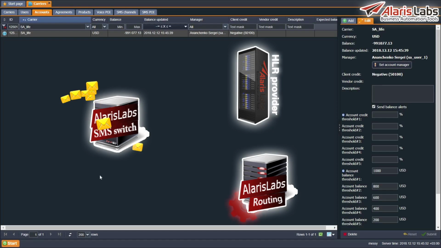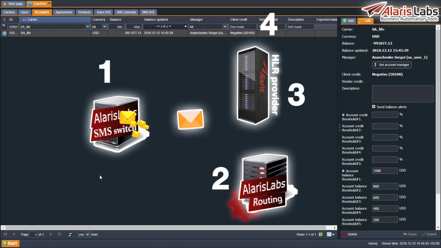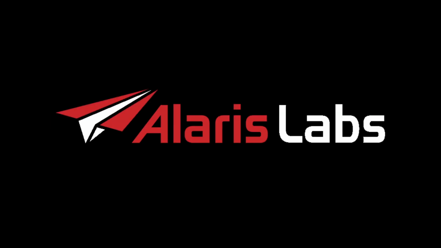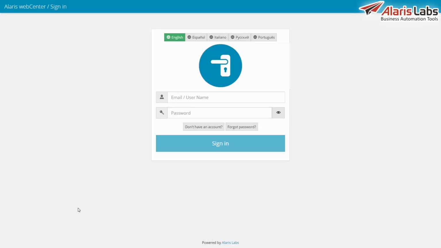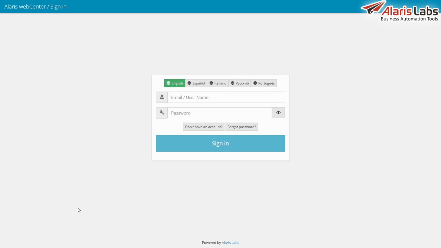Previously, the system checked the client credit limit after the routing module accessed the HLR provider and received the MCC-MNC. Now the credit limit will be checked before MCC-MNC dipping. It is now possible to hide the company logo from the Alaris webCenter interface. To do this, contact the Alaris technical support team and communicate the code